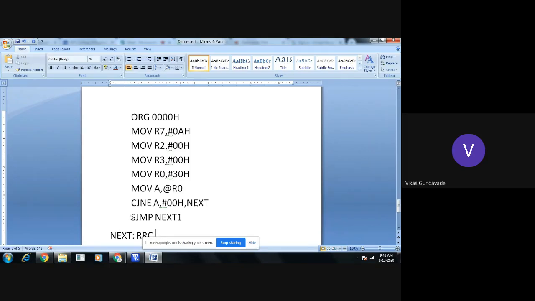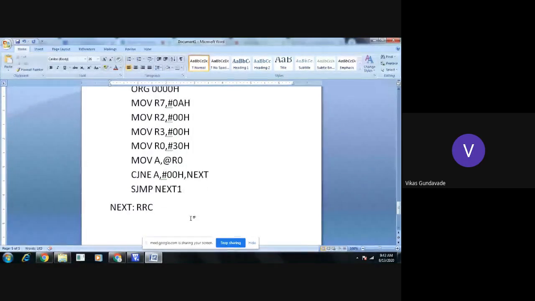If the carry is set, that means the LSB bit is 1, and if it is 0, then the number will be an even number. So we shift the contents towards the right side by one position, shifting the LSB to the carry bit using the instruction RRC. And after shifting, we will check whether the carry is generated or not.